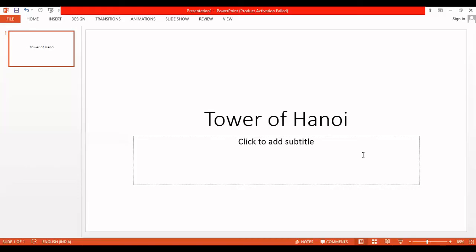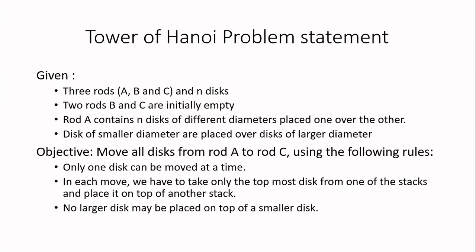In today's class, we will see how stacks are used for the implementation of Tower of Hanoi. So in this problem, first they will give you three rods, which are also known as pegs, and n disks will be given. And the size of the disks will be different. One disk will be larger, one will be smaller, and so on. And totally three rods are given to us.